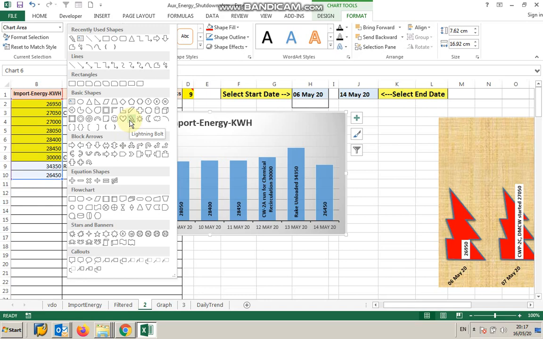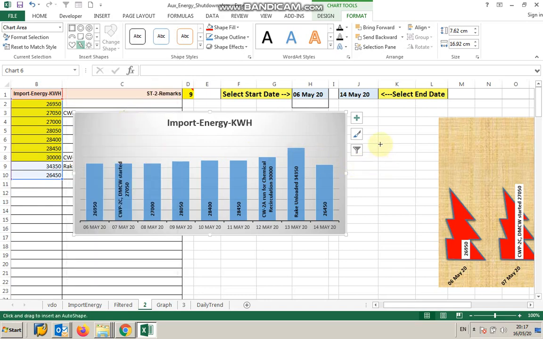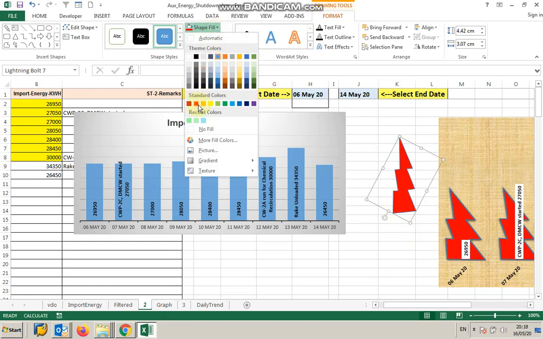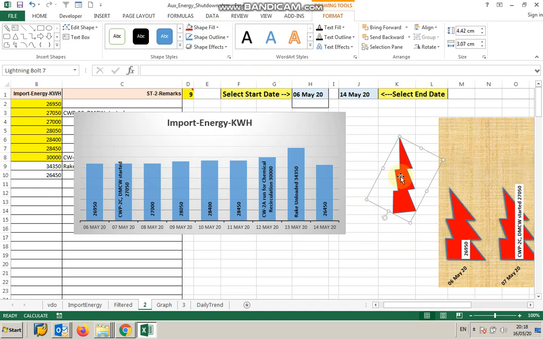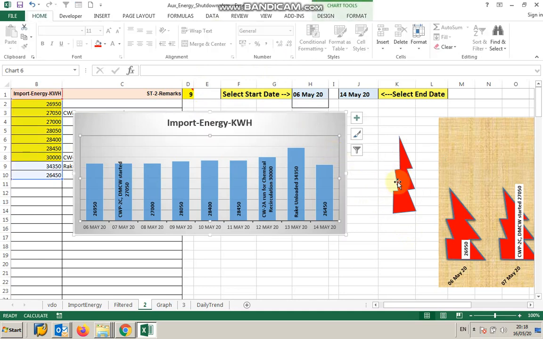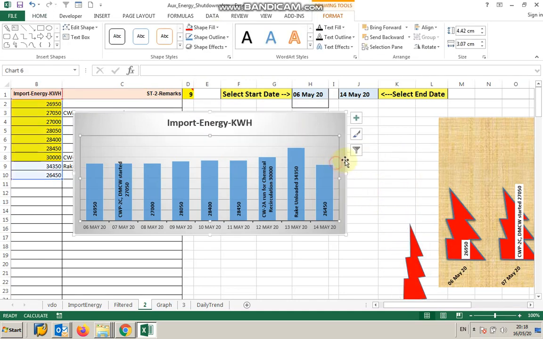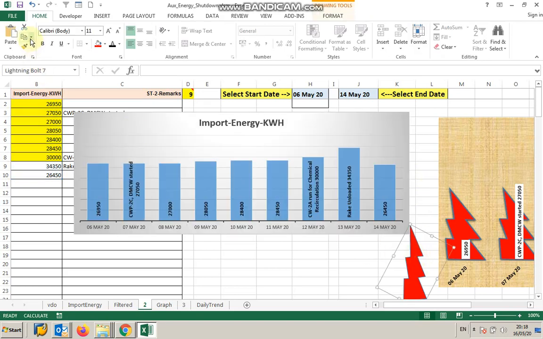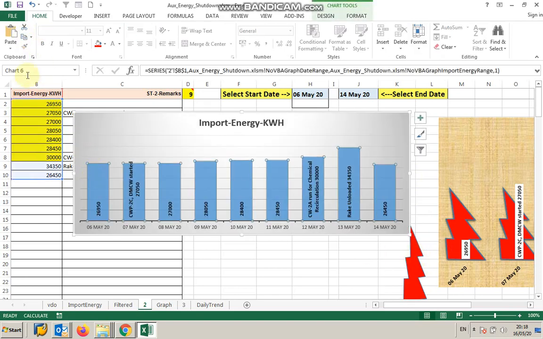Let me come to this electric thunder image, and I will rotate it. I will change this color with Shape Fill to red, then copy it and paste it on this column. So that's how it is made.